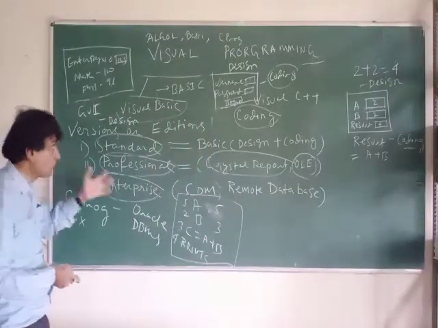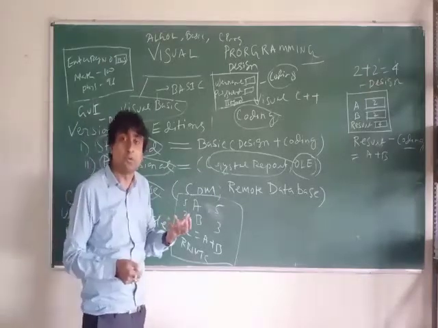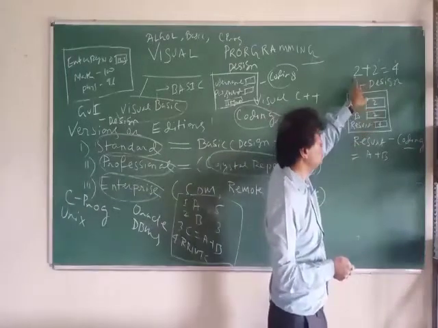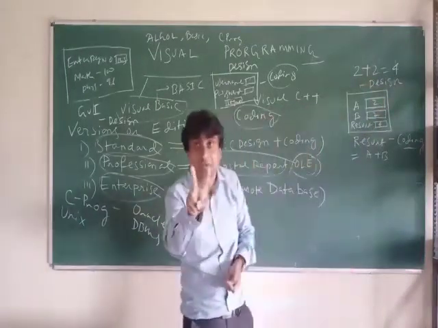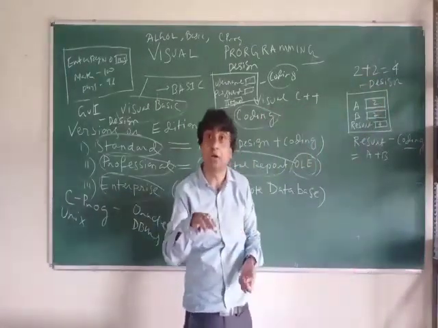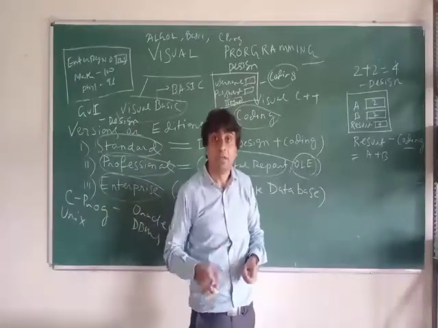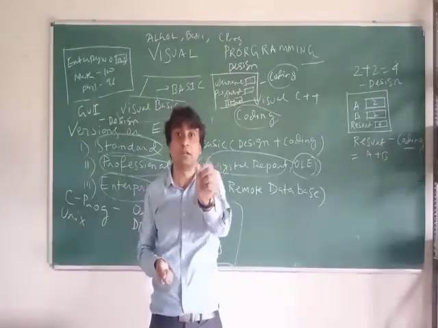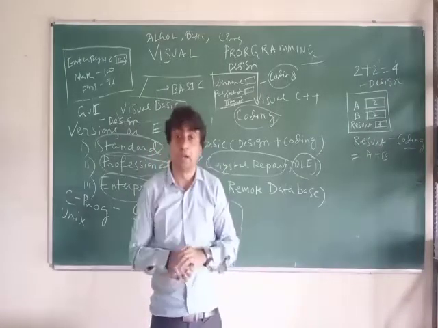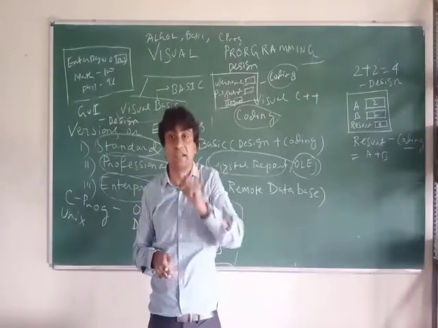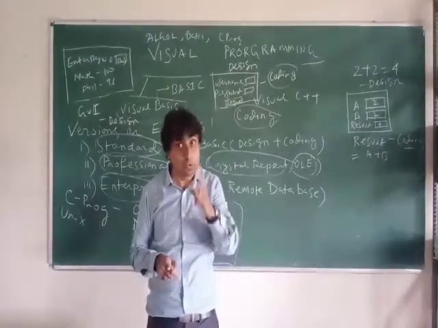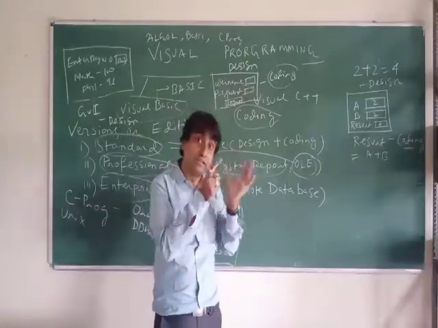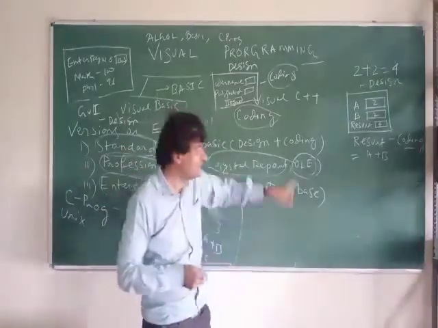Now, one thing is very important here. In visual programming, what happens? If you want to do 2 plus 2 is equal to 4, addition of 2 numbers, for that also you should do design and programming. If you want to print your name, like how in C language your first program printed hello using just one printf, but here, if you want to display your name also, that also requires design and programming.